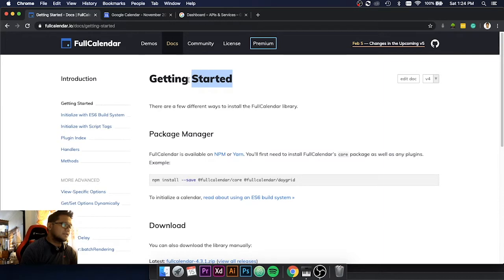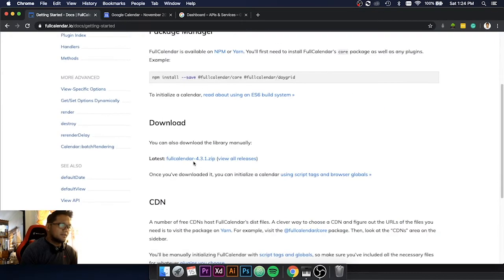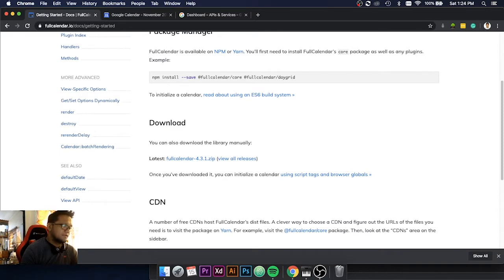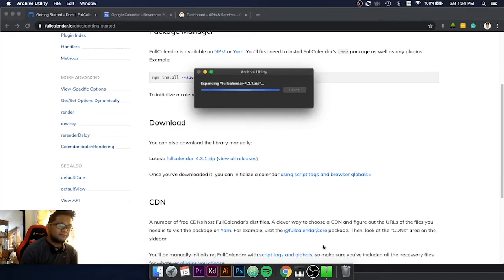So let's get started. After going to FullCalendar, you click get started. So we're already on the getting started page. Now you go to download, because we have to download the calendar code first. It's going to take time to create your own,